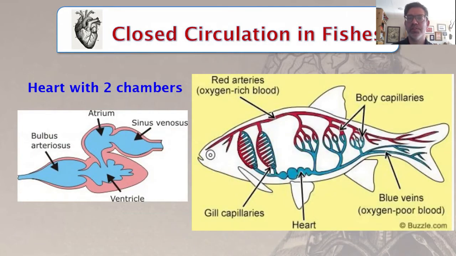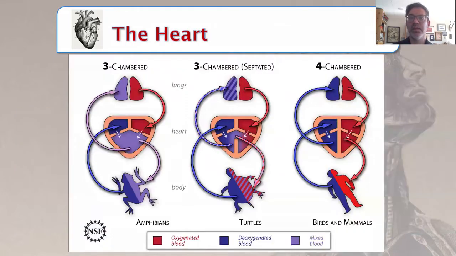For vertebrates, efficiency of the circulatory system is based on the number of chambers that the heart possesses. Fish have two chambers, the atrium and the ventricle. The heart is there just to keep the blood flowing, and the oxygen-rich blood does not need to reach every part of the body. Amphibians have a three-chambered heart with two atria.